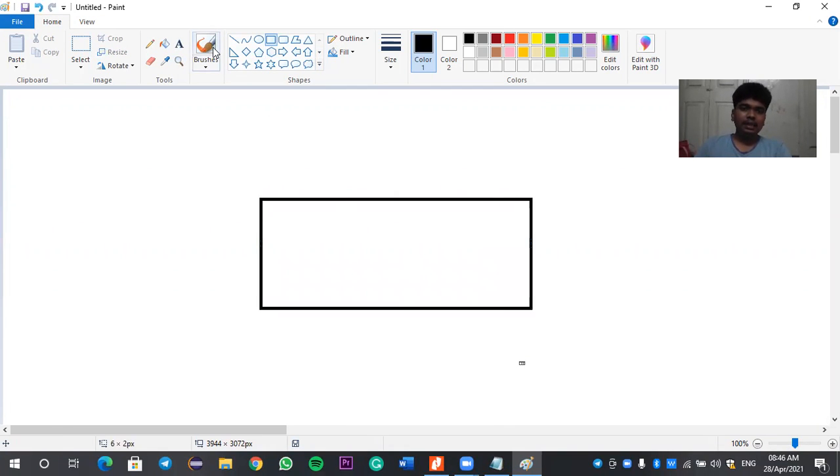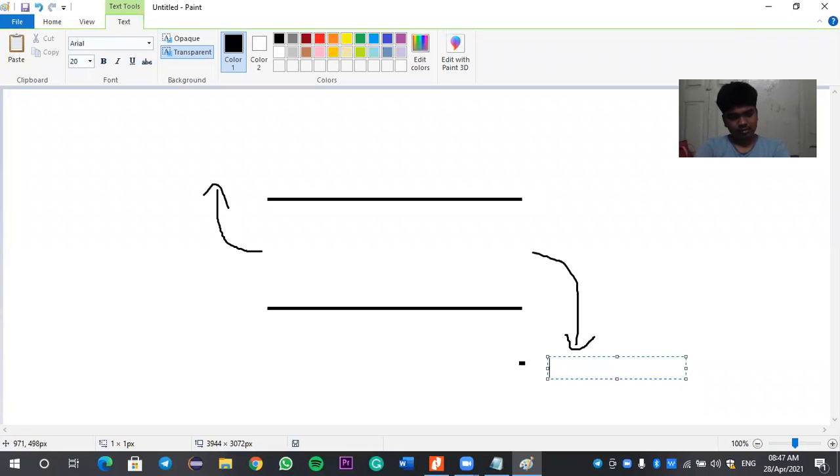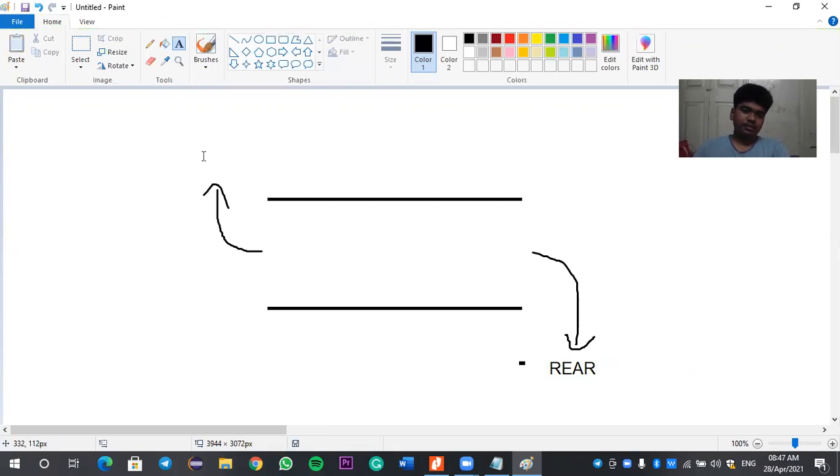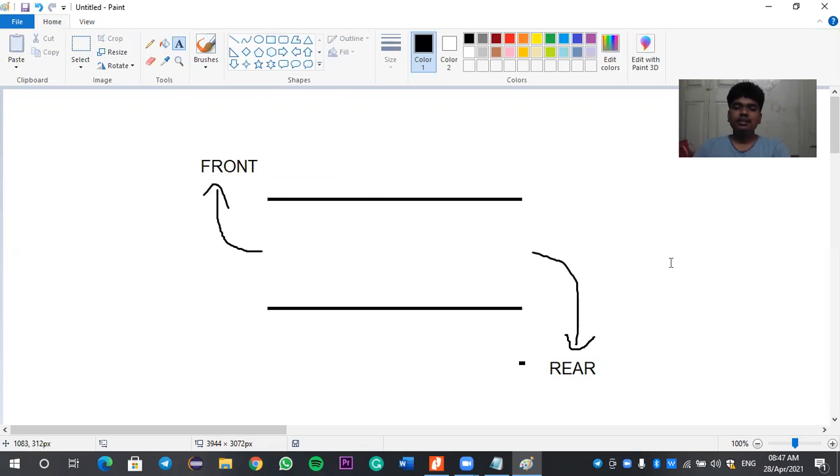So now the queue will be in the form of this. Not exactly this, we need to make a small change. I think from this representation, we can get clarity on which way the queue will be. Let me draw some arrows. So this is rear and this is front. The elements will be inserted from the rear and then deleted from the front.